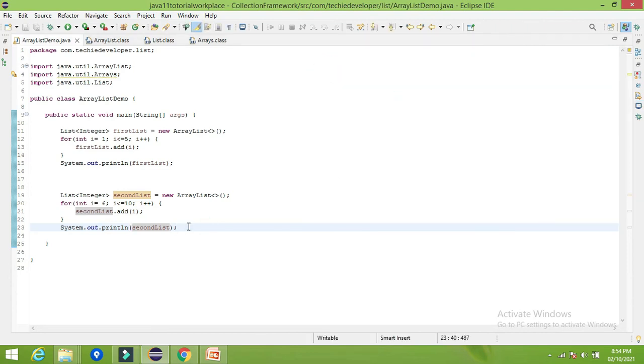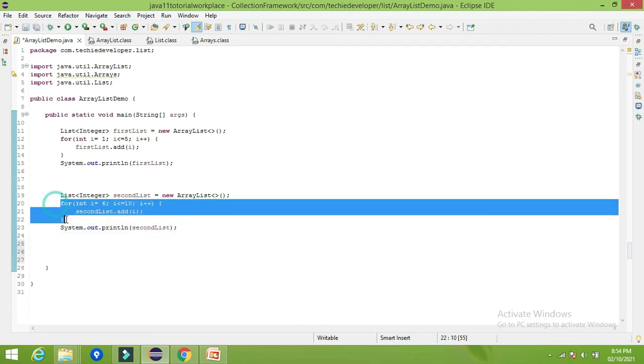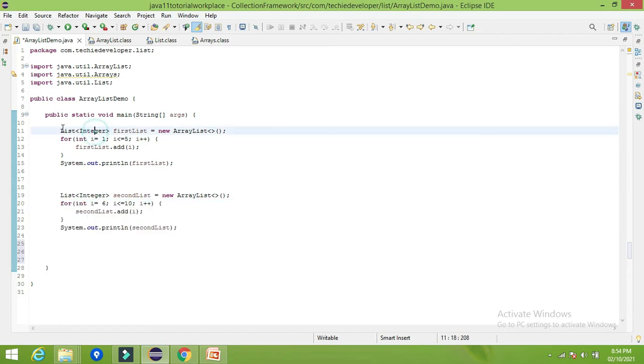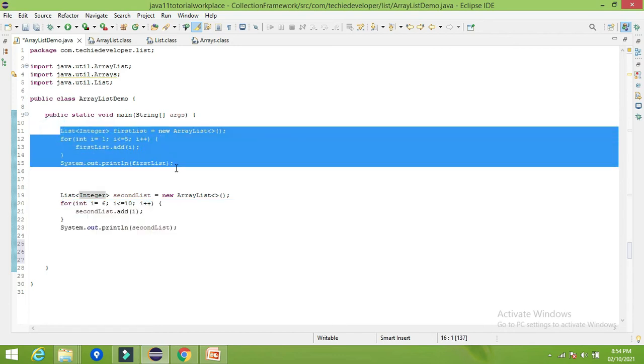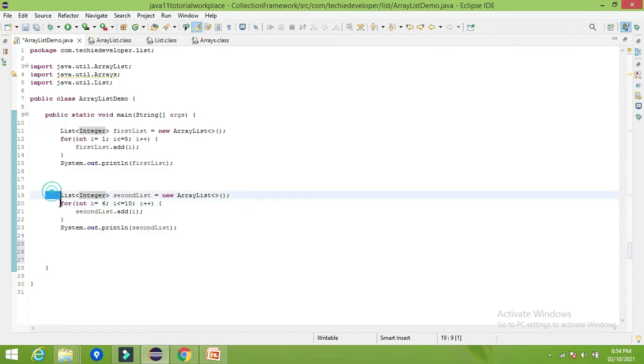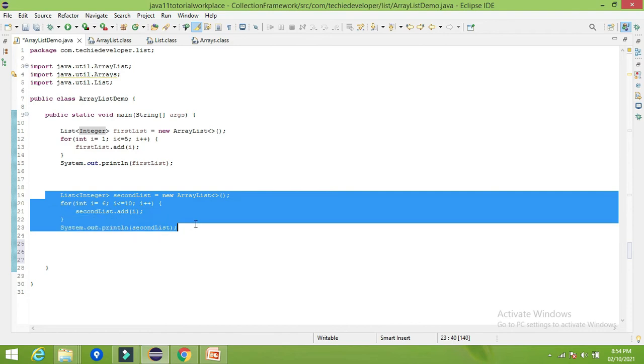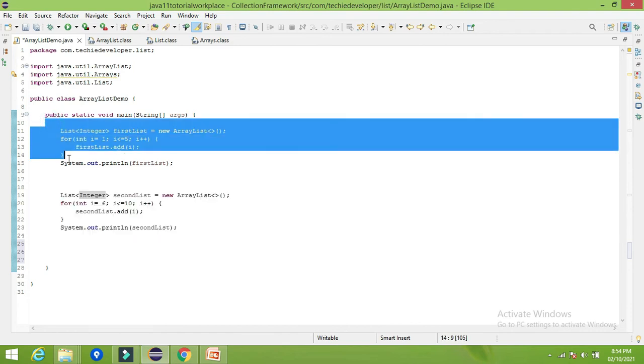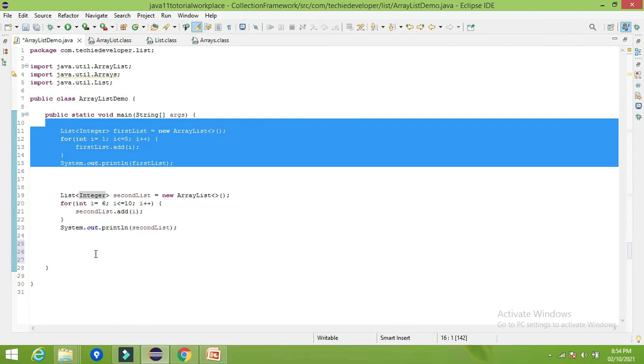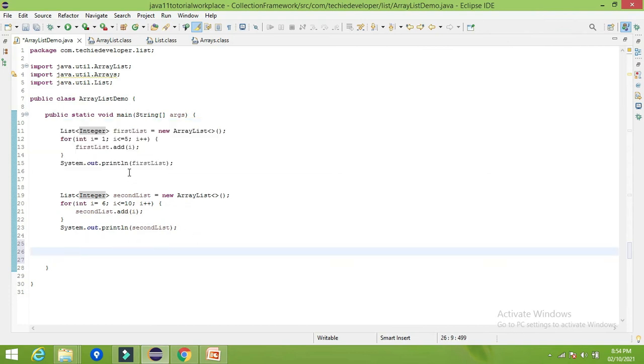Now I want to add all the elements from the second list into the first list. So how can we do this? In ArrayList we have the function called addAll.